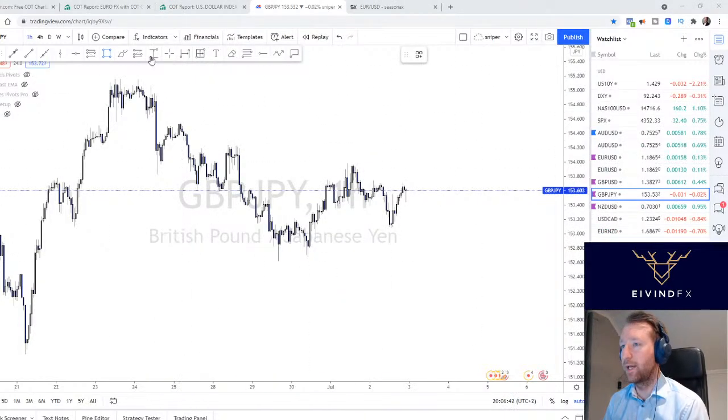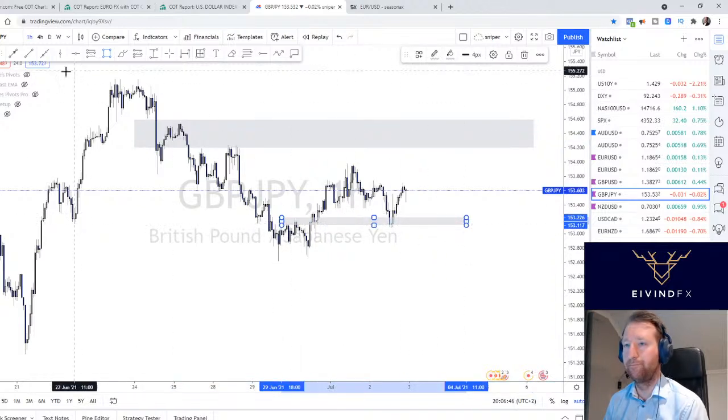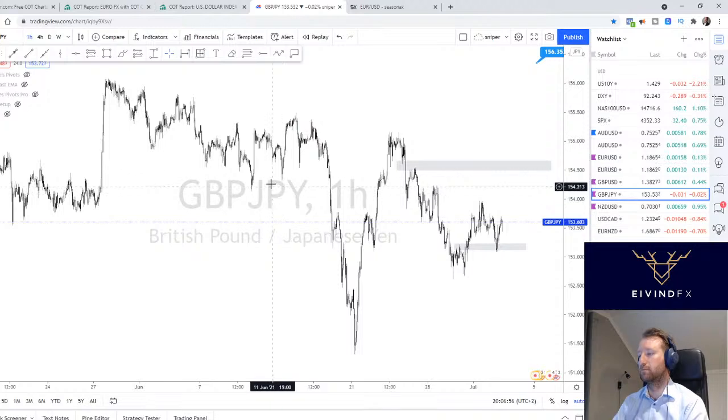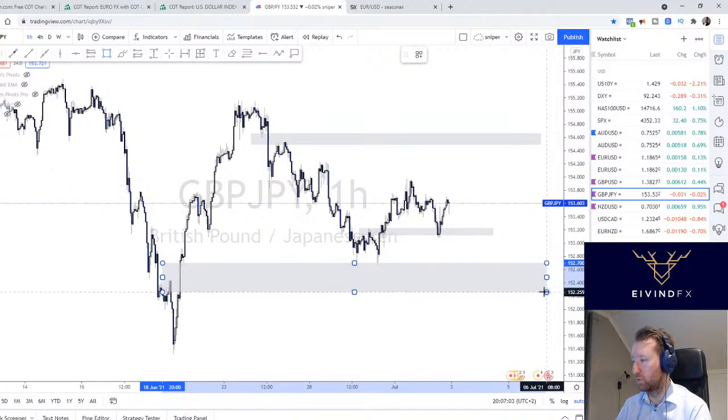Okay, pound yen. Sell, buy. That's what I see. So technically, this is the buy and sell zones. This is kind of the equivalent to the buys monthly. But yeah, still.